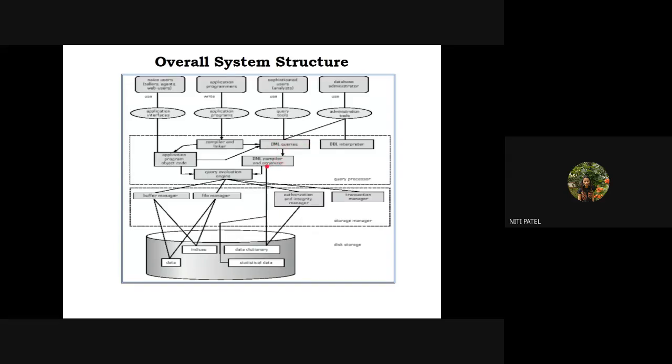Store करके रखेगा, DML compiler and organizer. फिर जब भी उसको execute करना है तब DML query एक एक query उठाएगा और उसको execute करेगा. तो एग्जीक्यूशन का काम किसके पास है? एग्जीक्यूशन का काम is with this query evaluation engine.